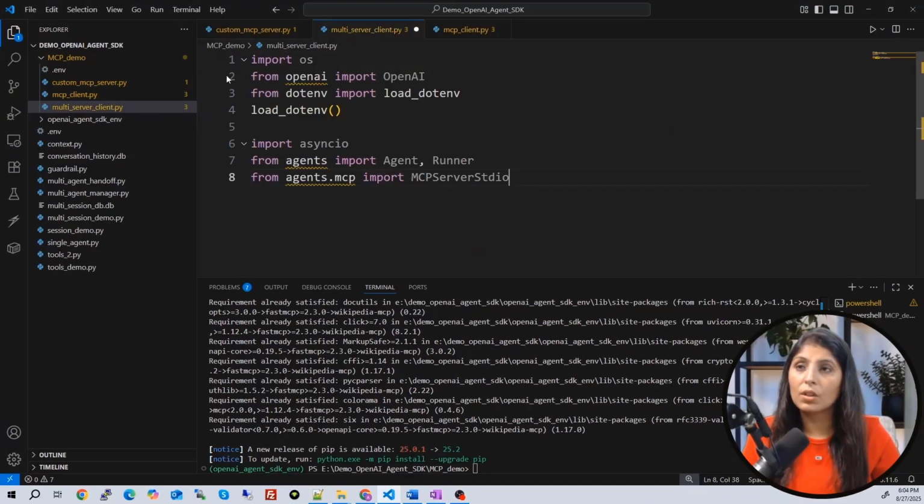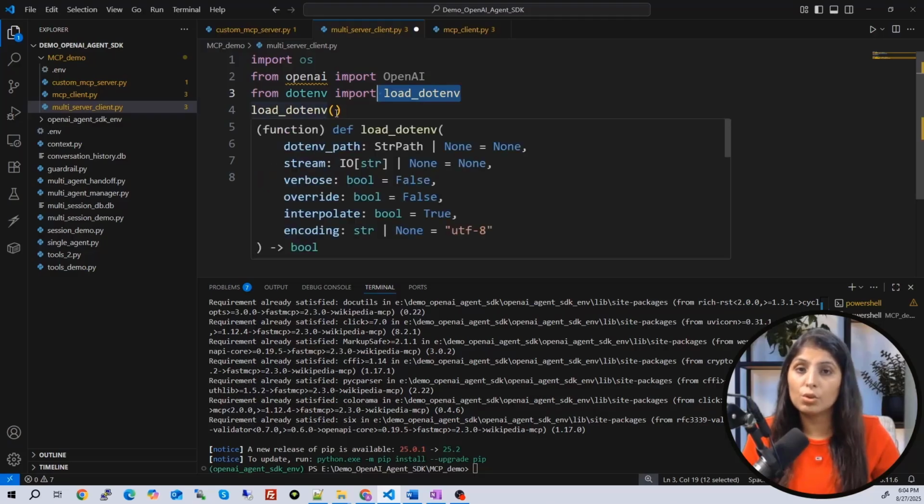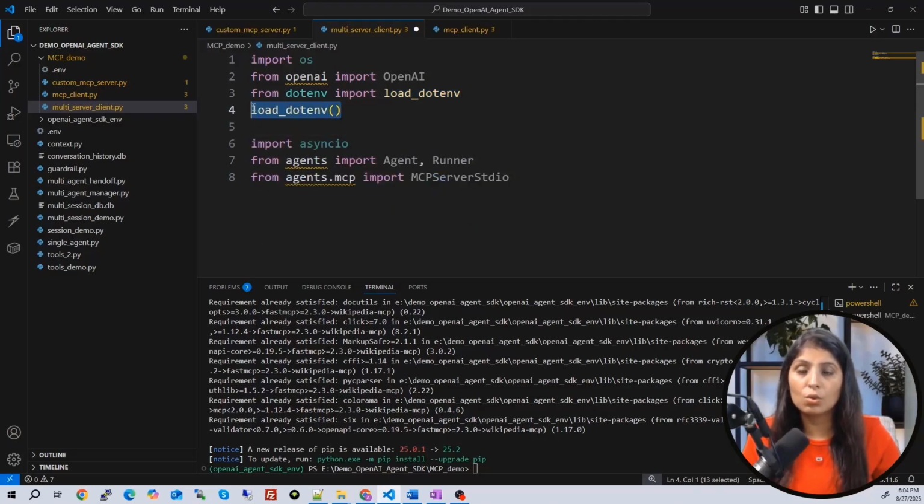First, let's import all the required packages. We are loading the API key because we are going to use the LLM. Then we are importing this Agent and Runner class because we want to create the agent and then run that agent.